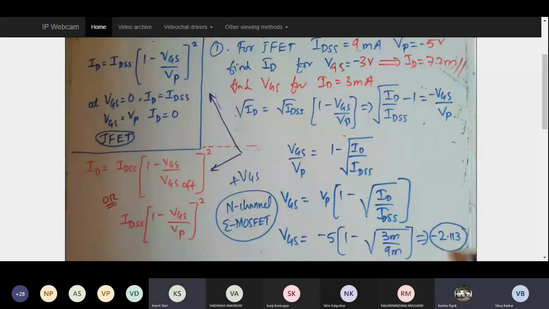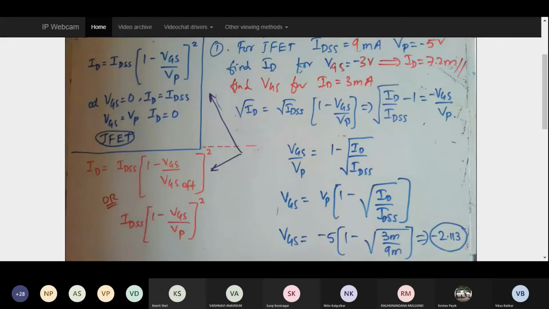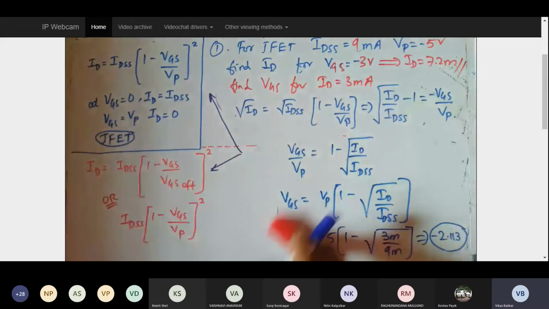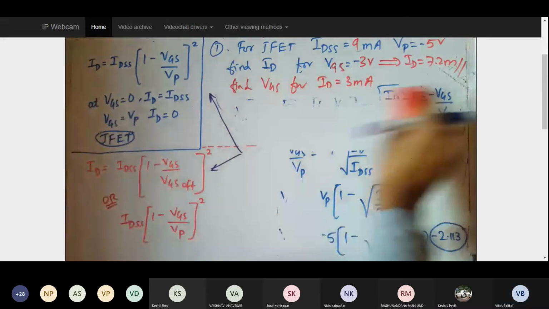So this is the problem. Yeah, this is our second problem. Now this will be typically for 6 to 8 marks because it involves some sort of calculation, and it is one of the easiest problems that you can say, because all the values will be given. You are just supposed to remember this one equation. That's it. So that's about your problem number 2. So now let us move on and go ahead with the third one.